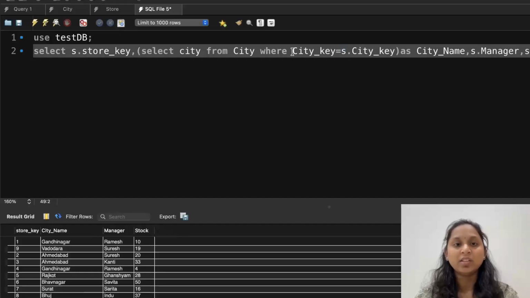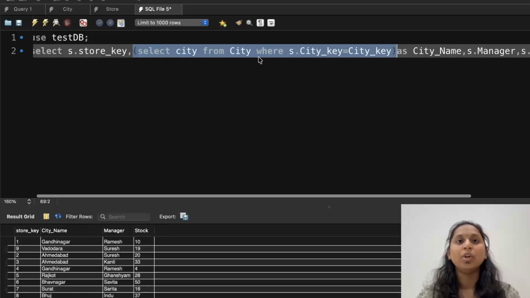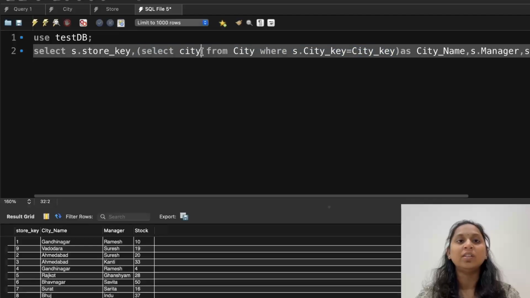Can I use S instead of here? Yes, you can provide S over here, and this one without any prefix belongs to this query, because this is a subquery. If you are able to identify, this is nothing but your round bracket. Whenever you find a round bracket, you will see this is a subquery, not the original one. It is a part of your query, so it is known as a subquery. Fine. Now do I run this? You will get the same result because 1 is equal to 2 or 2 is equal to 1. We can change the order; the right hand side and left hand side change will not affect the result. Yes or no? And it is a good practice to provide the C as well.